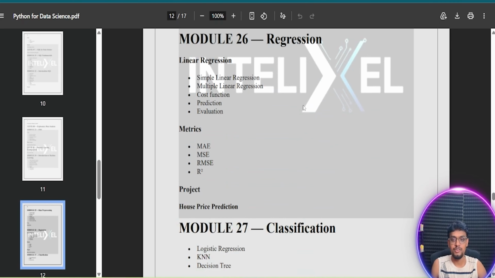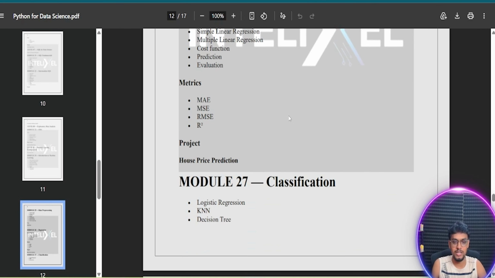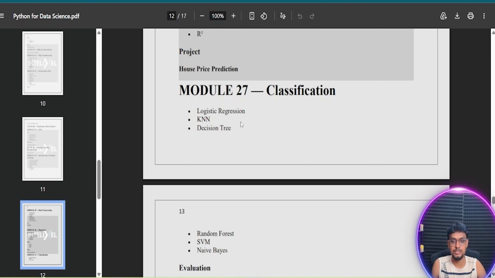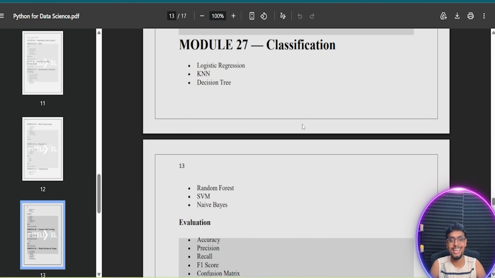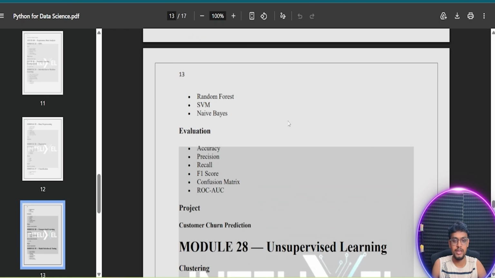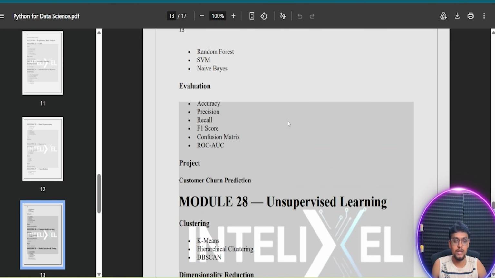Using scikit-learn: regression, simple linear regression, multiple linear regression, cost function, prediction, evaluation metrics, MAE, MSE, RMSE, R square, house price prediction. Classification: logistic regression, KNN, decision tree, random forest, SVM, naive Bayes. Evaluation: accuracy, precision, recall, F1 score, confusion matrix,